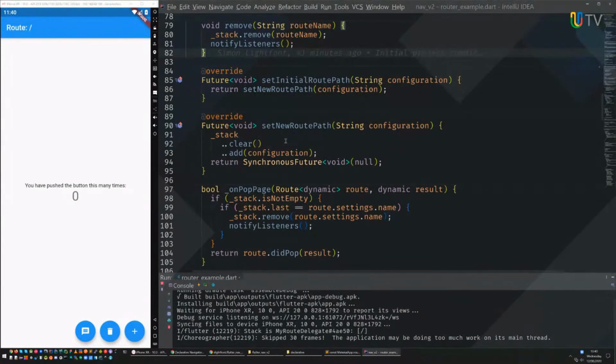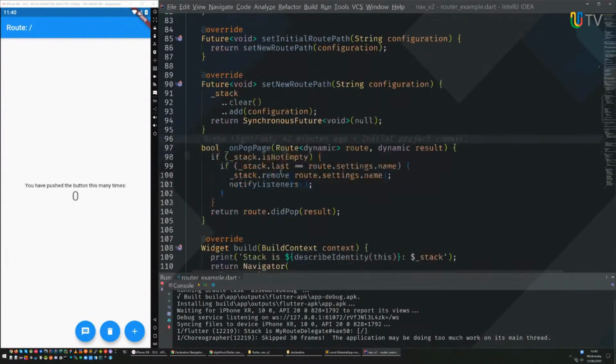So if you just want to clear the entire stack and rebuild the entire set of things from our configuration. Remember, I'm using a string, but that can be whatever you want. So in this case, we just clear and add that to the stack, single entry point, and we just do a synchronous void. Again, if we want to make this asynchronous, we can.